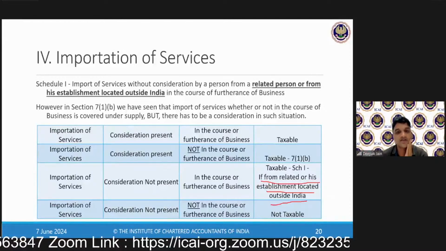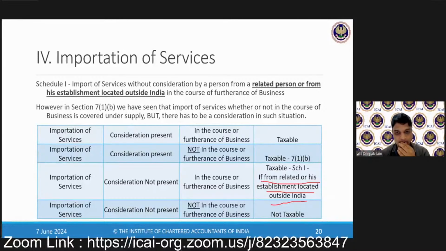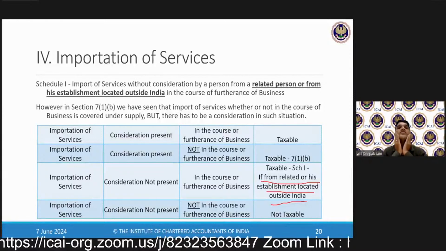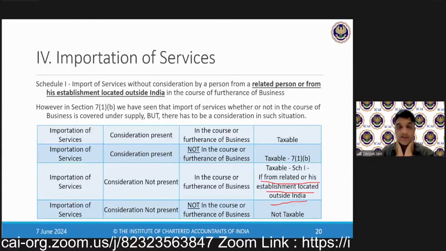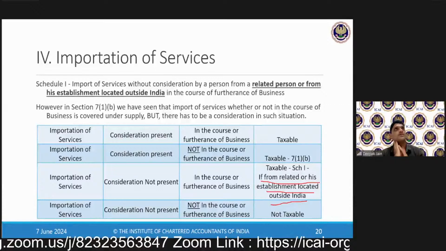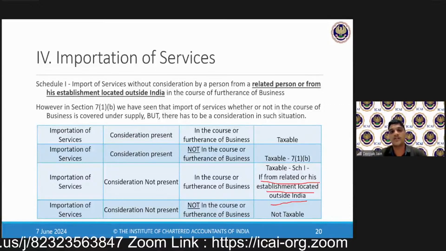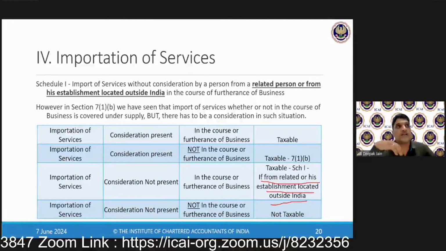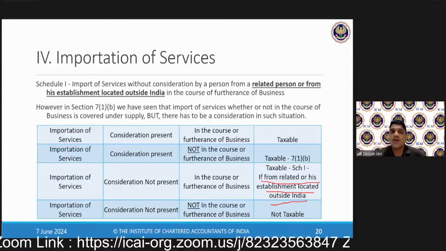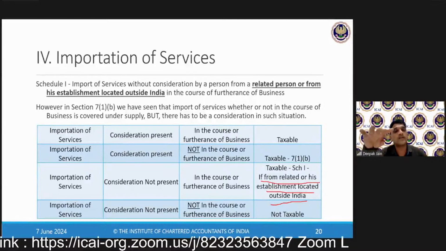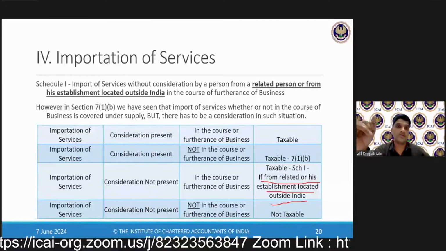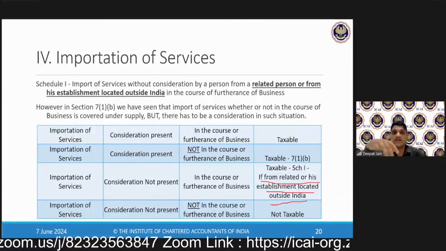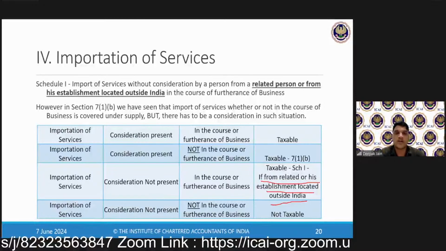Sorry, there was a technical issue. Excise duty availed. Only Krishnan, if the assets were purchased prior to GST, input tax credit you have not claimed. So now when you're selling it, if there is no consideration, then there is no GST. But you're saying what if excise duty was availed? Yes, when excise duty was availed, they allowed it, right? It was not required that you should reverse the excise duty also. So whatever excise duty was availed, you will get it. You don't have to reverse it because now excise duty is not applicable to you.